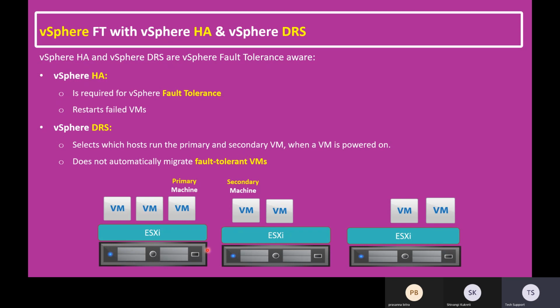Okay, suppose in this diagram we have fault tolerance enabled here, and fault tolerance means minimally 2 ESX hosts, or you can use the recommended 3 ESX hosts. ESX1 has 3 virtual machines, ESX2 has 2 virtual machines, and ESX3 also has 2 virtual machines. Let's say all of a sudden either the ESXi host or virtual machine